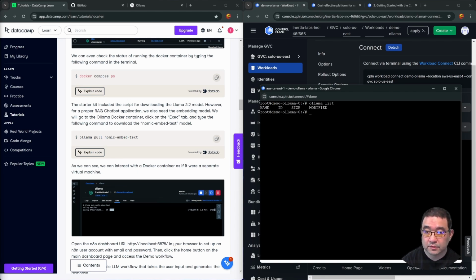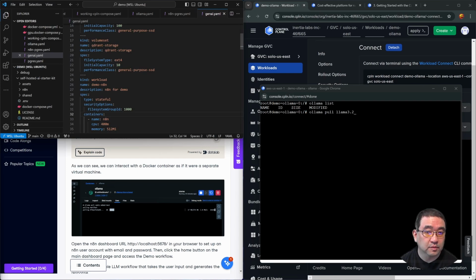Ollama list. Yeah, let's go ahead and pull the model that we're going to use for the demo, Llama 3.2, and you can see in the original Docker Compose,